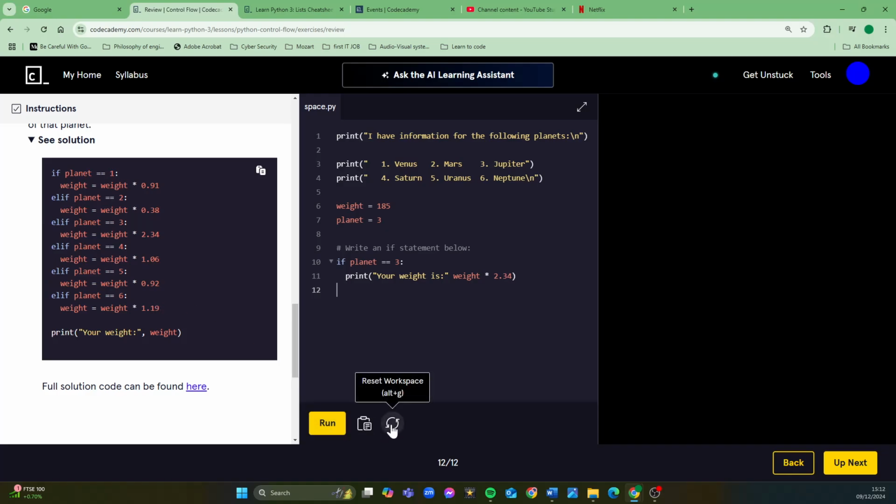So if I'm going to reset the workspace. This is what we're given. Weight equals 185, planet equals 3. And we have a comment here which is write an if statement below. So what they want us to do is go if the planet variable happens to be 1, then weight will